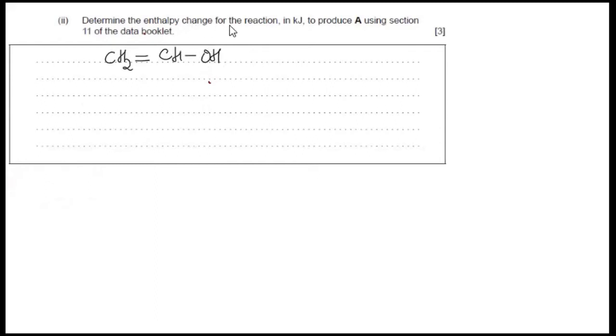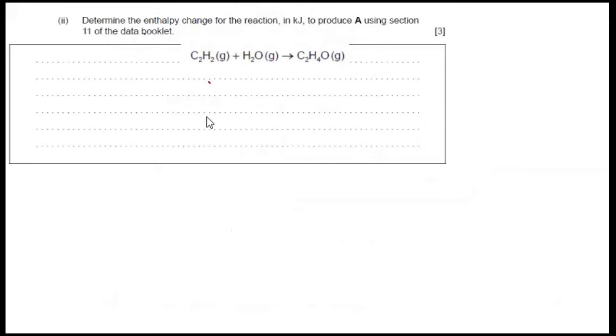So now in order to determine the enthalpy change for the reaction, we should be knowing what is the reactant, what is the product involved in this particular reaction. It is for this reaction we are asked to calculate the enthalpy change. So the reactant is ethyne, then water is there, and the product is compound A. In order to calculate the enthalpy change, we will expand and write the reactants as well as products